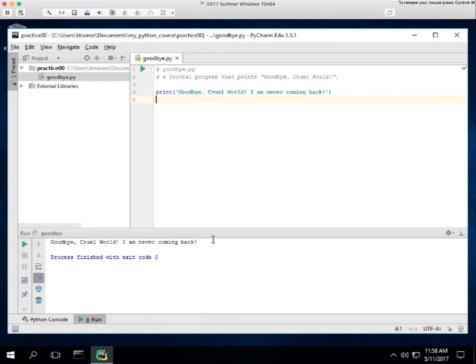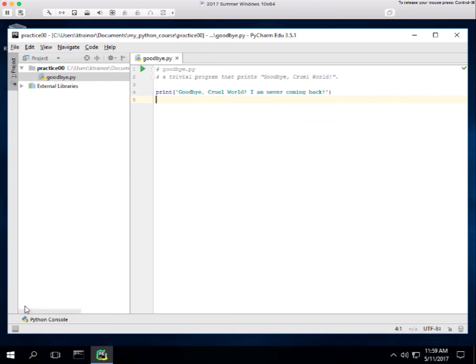So what if you're sick of this Python console and you want to close it? Well, you can. If you have a pretty big screen, you probably already see a red X in this toolbar to the left of the console. On mine, I've got the windows small enough to do my YouTube, so I click on this little caret down here and it shows me, oh, there's a red X. So I'm going to click on the red X and it's going to close the